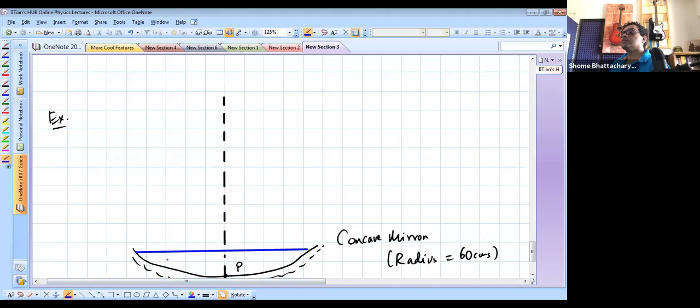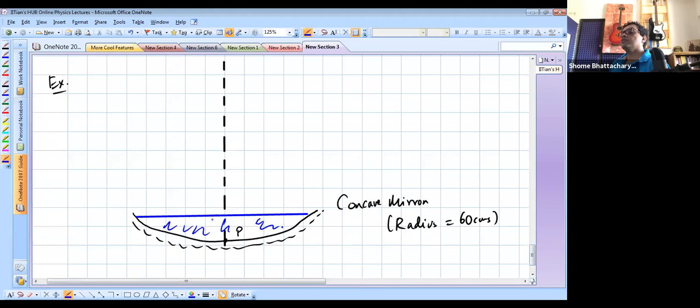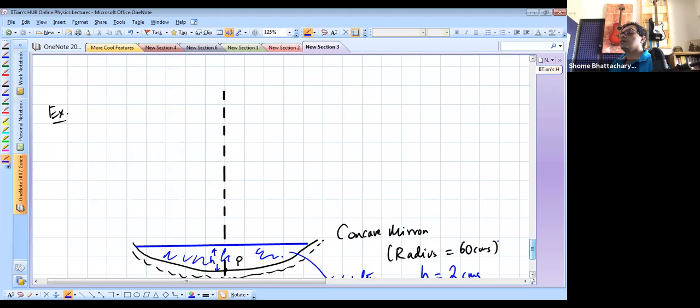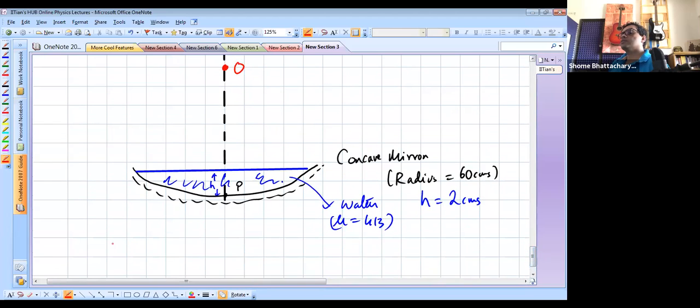such that the height of the water layer, coinciding with the principal axis, that height, water has refractive index 4 by 3. Now that height is something. Let us say it is whatever, 2 centimeters or something. Now we want to keep a point object, like maybe an LED bulb or something like that, as a source of light or something, at some position over here, such that we get the image of that at the object itself. Okay, so